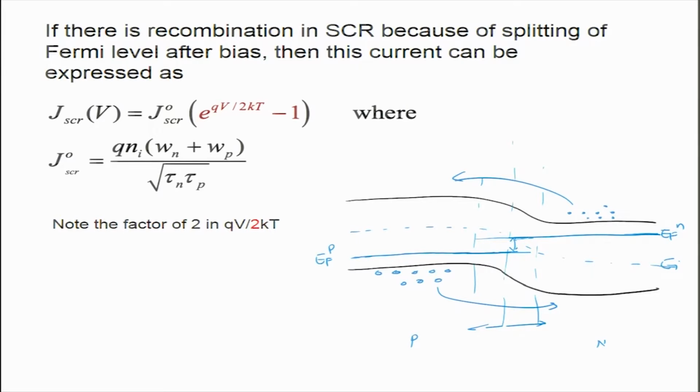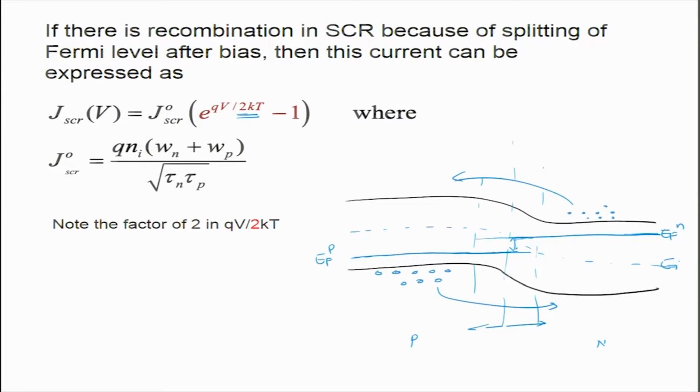So, in the context of solar cells and practical devices, we do have to consider this, and it turns out that this current actually has a dependence of exponential of Qv by 2Kt instead of exponential of Qv by Kt. So, this is a sort of non-ideality in the p-n junction diode that we observe. All right. For example, if you plot log of current versus voltage, the slope should be equal to Q by Kt, but what we get is that the slope is equal to Q by 2Kt for a non-ideal diode.